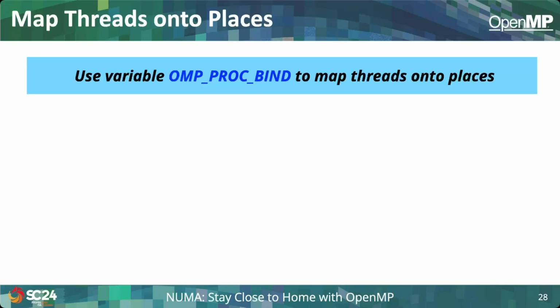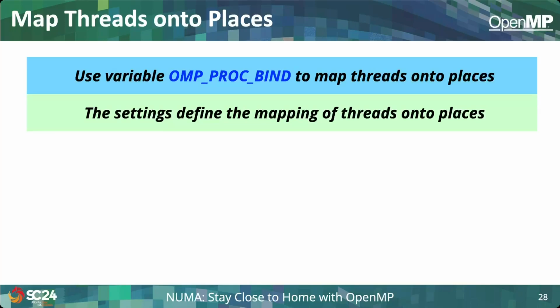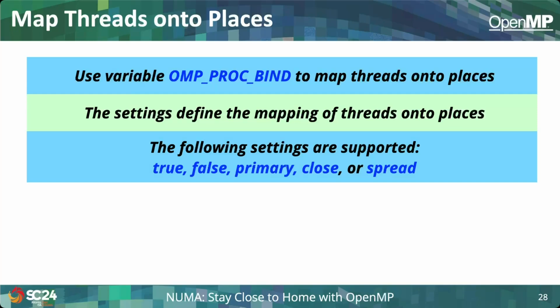The next step, now that you have defined your places, is to tell the system how you want to map threads onto places. And again, that comes into the picture when you have more places than threads. So you're going to define the mapping of threads onto the places that you have defined. And you have five choices. You can just enable it, leave it up to the system. You can disable it. There may be cases where that's relevant, but in most cases, you'll either set